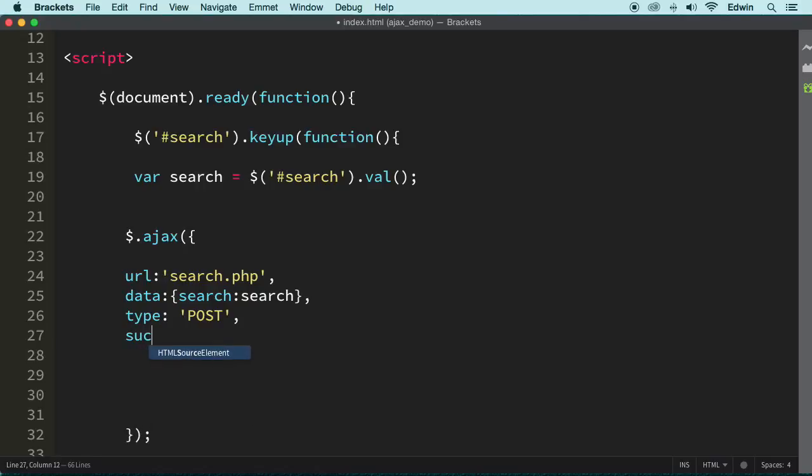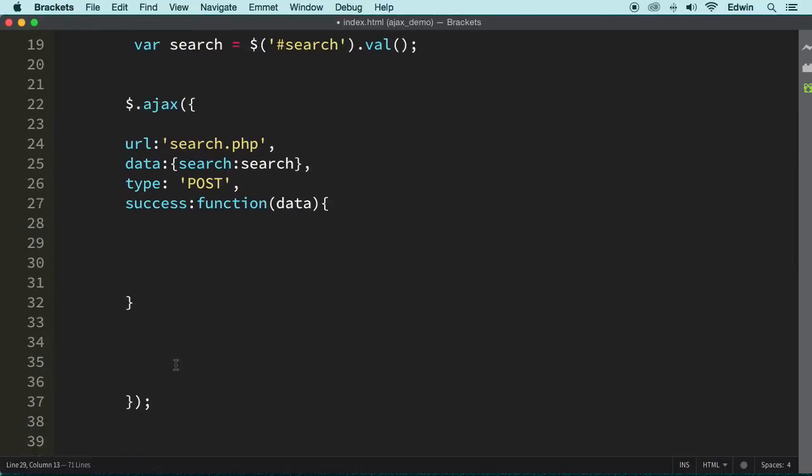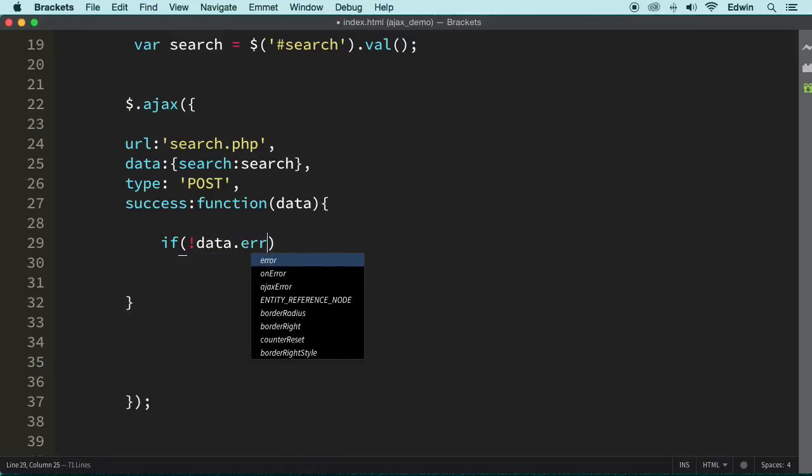And now we're also going to pass in the success callback here. Function. I'm going to make a function here real quick. All right, that is perfect. Now let's also pass it a variable here because we're going to need it. And we're going to say something like if not data.error,